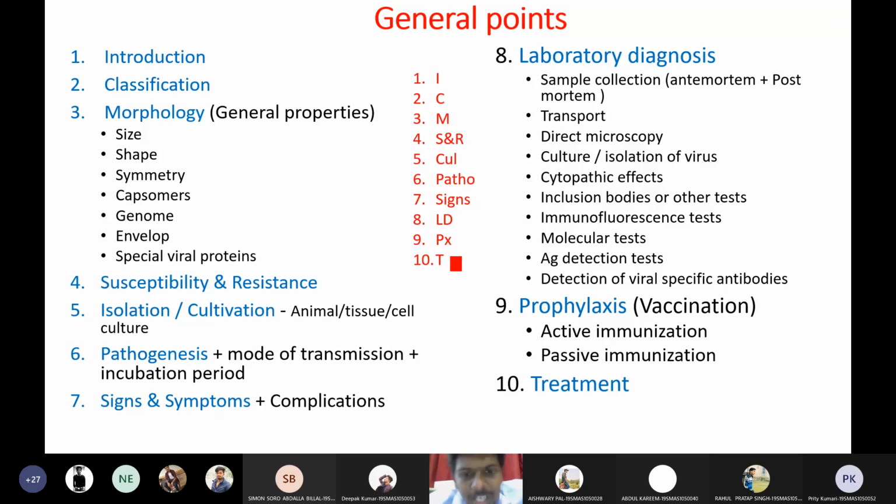First, we need to understand how the virus enters the body and how the virus migrates within the body. For example, if the virus is entering through the respiratory tract, then we can collect respiratory samples. If the virus is entering through the oral tract, then we can take saliva or some gastrointestinal secretions. So the type of sample we collect depends upon the pathogenesis. When we study each individual virus, you will understand what samples we need to collect. I will tell the types of samples in the next slide, later.